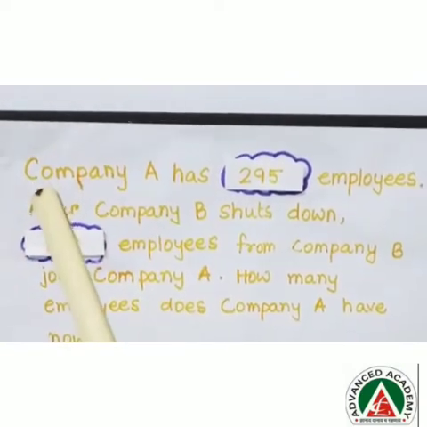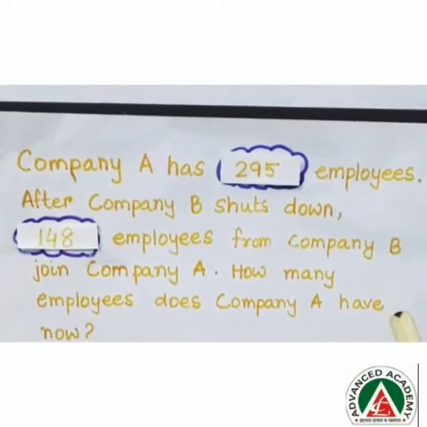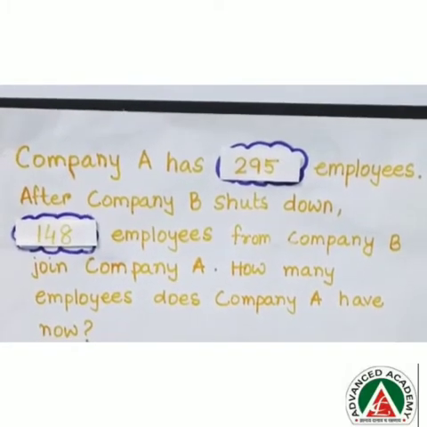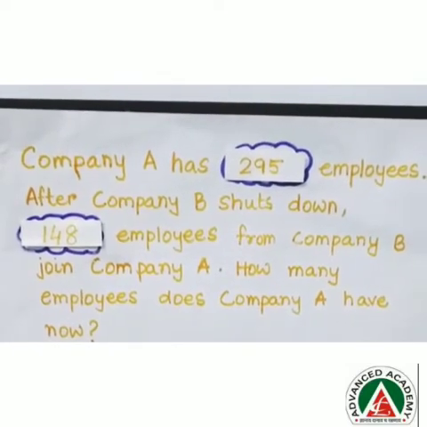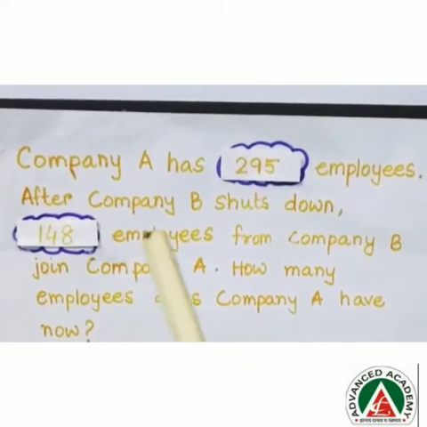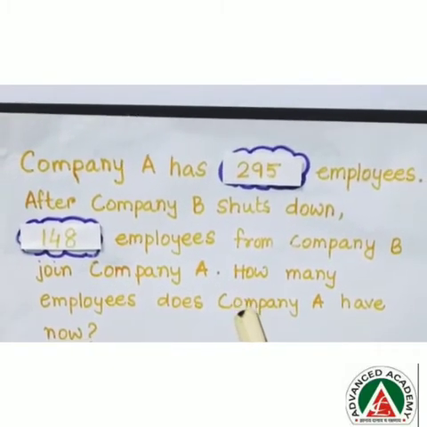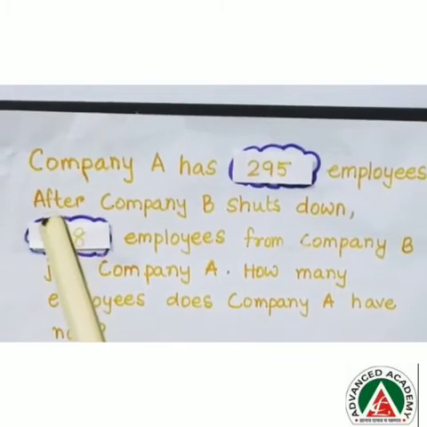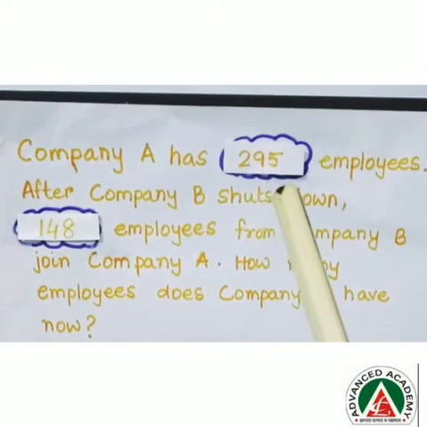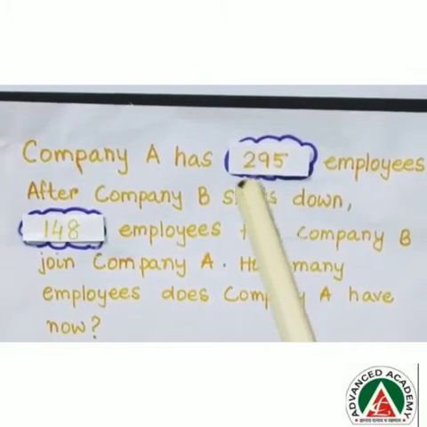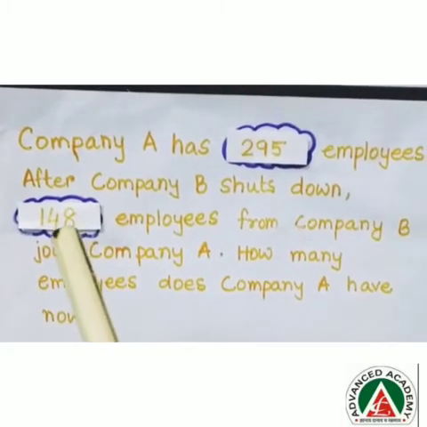We saw the same question in a word problem was solved differently. We wrote the sentences, which are known as statements, and then we solved our problem. But in a bar model we have to show the pictorial representation. Now first in a bar model we have to underline the numbers given. Over here the mentioned numbers are 295 and 148.